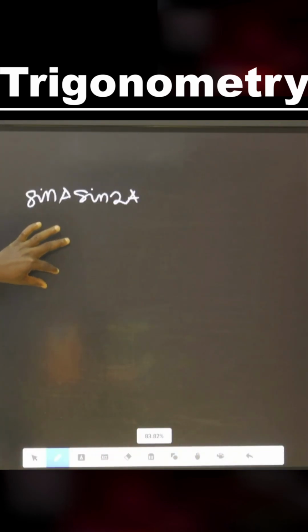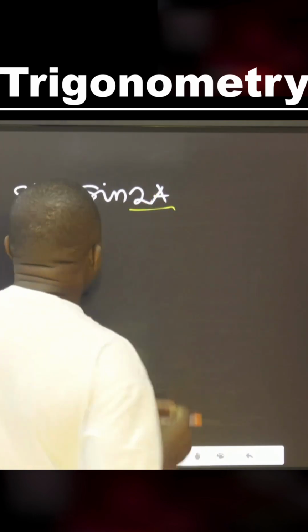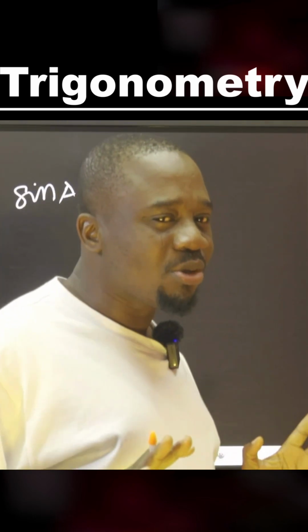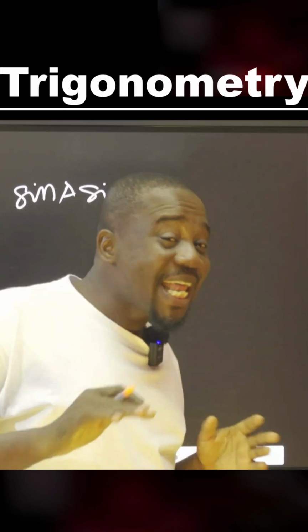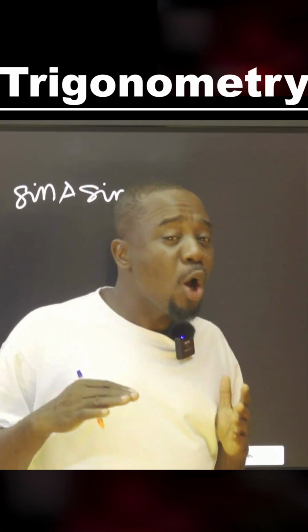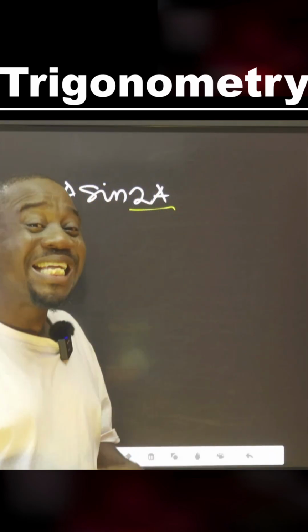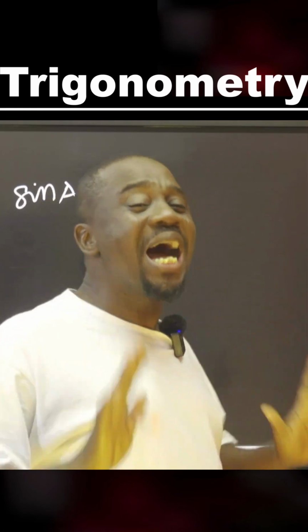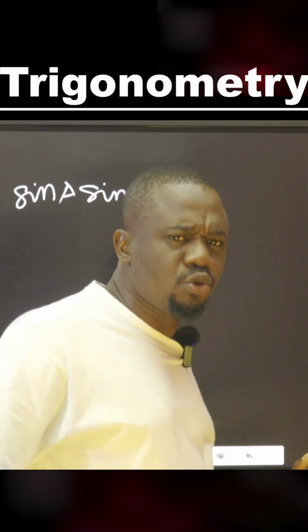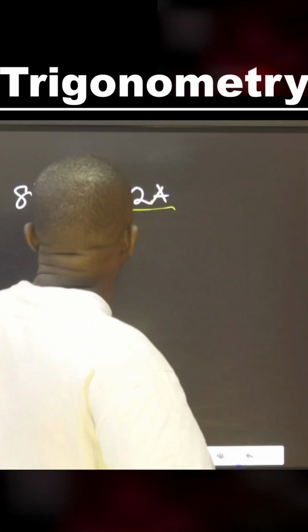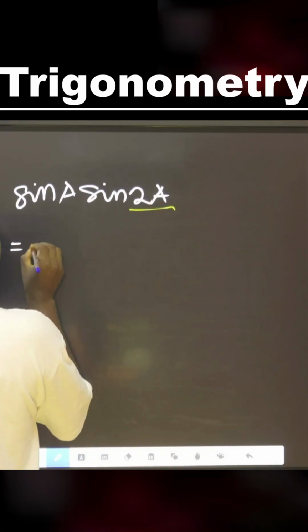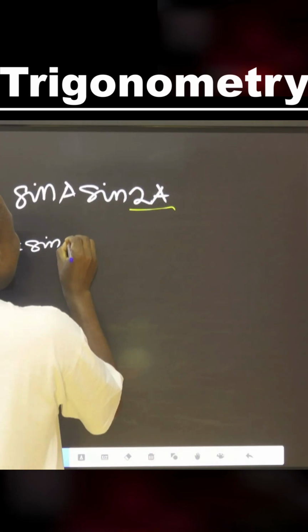The first thing I'm seeing here is that compound angle. We don't want compound angle. When it comes to trigonometry, it's like when you are dealing with surds. We don't want a surd at the denominator. The same thing, when you see compound angle, the first thing is to try as much as possible to remove it from compound. Therefore, I can say this is equal to